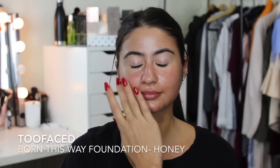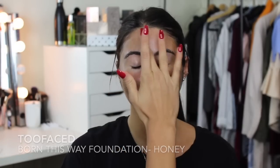and I spray it all over my face or my client's face just because I think it furthermore moisturizes the face and makes the makeup look a lot better. Next, I'm going to be using the Too Faced Born This Way foundation as well as